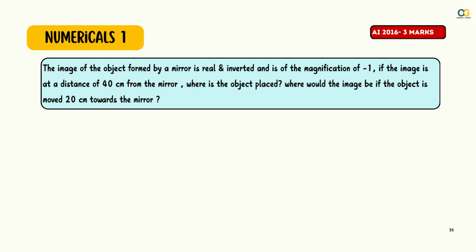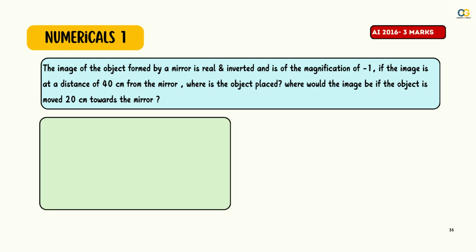Where would the image be if the object is moved 20 cm towards the mirror? So let us write down what we know from the question. We know that the magnification is -1. We know that the image is real and inverted, which implies that the mirror is a concave mirror. Since the image is real and inverted, the image is also in front of the mirror, which implies that the